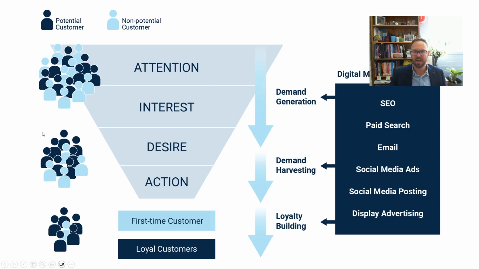So we've got a model here. This is from the textbook. We have potential customers in dark and non-potential customers in light blue. Now, potential customers are those that will purchase the product, whatever you're selling, whatever you're doing, under the right conditions. So if it's the right price, it's easy enough to do, all that stuff, then they will buy.